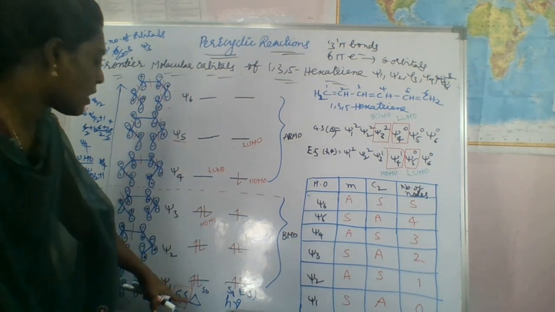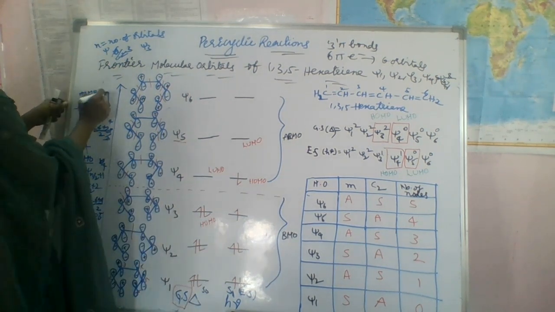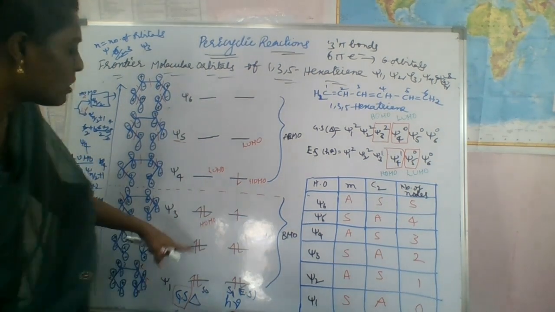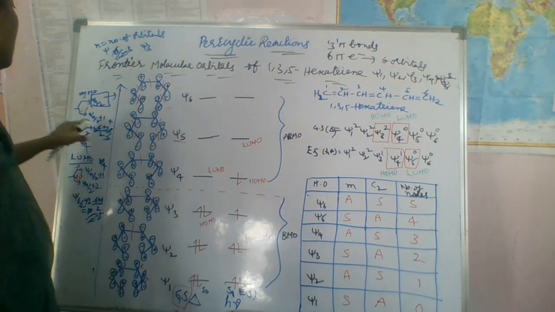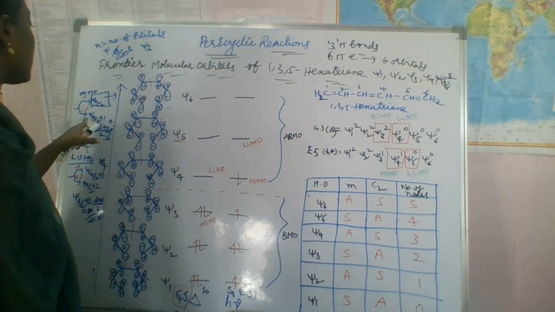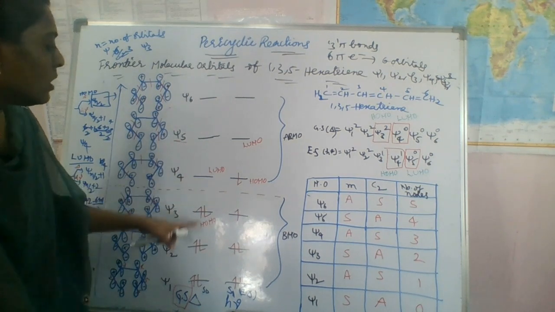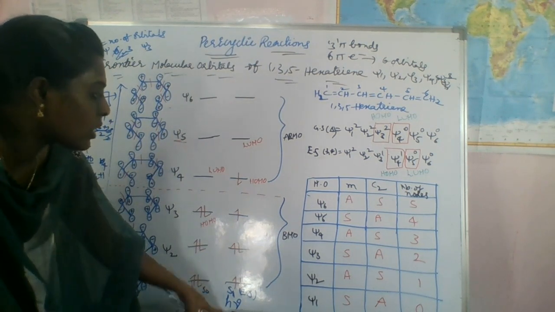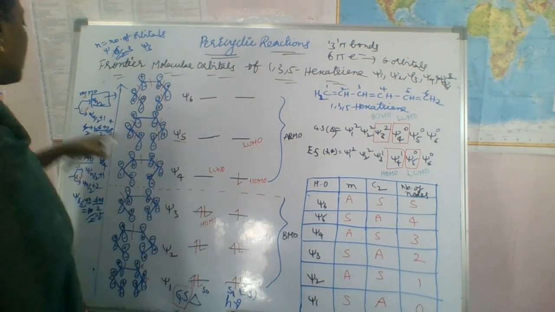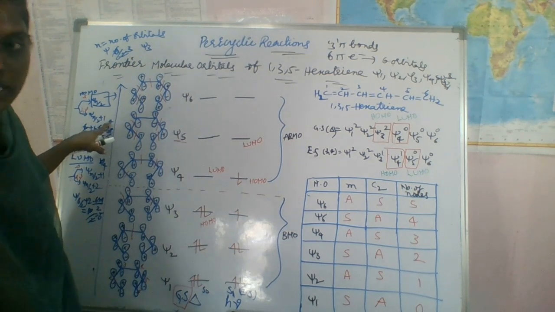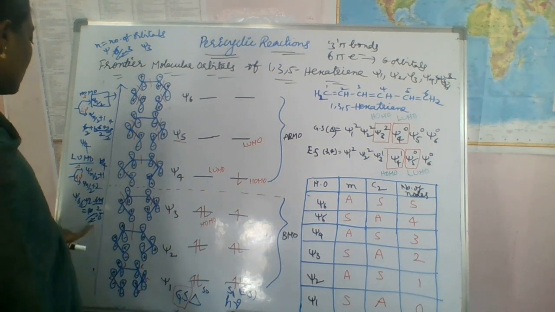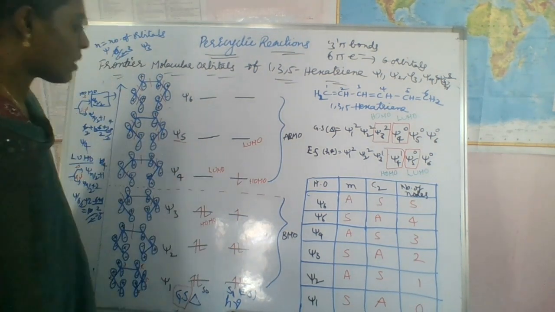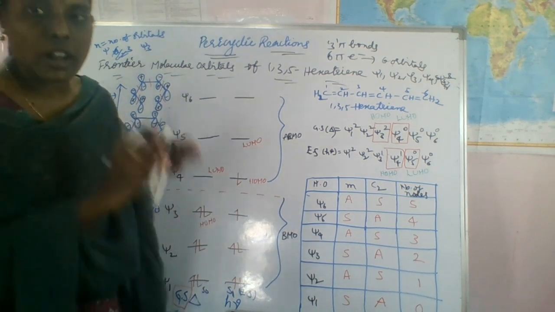Okay, so for HOMO you have to follow this for thermal. For LUMO, psi n by 2 plus 1. If you substitute the n value, you will get psi 4 for the LUMO in the case of thermal conditions, right? For photochemical conditions, what is the HOMO here? It is psi 4, right? And what about the LUMO? The LUMO is psi 5 for this one. So like this, we have to construct the frontier molecular orbitals.